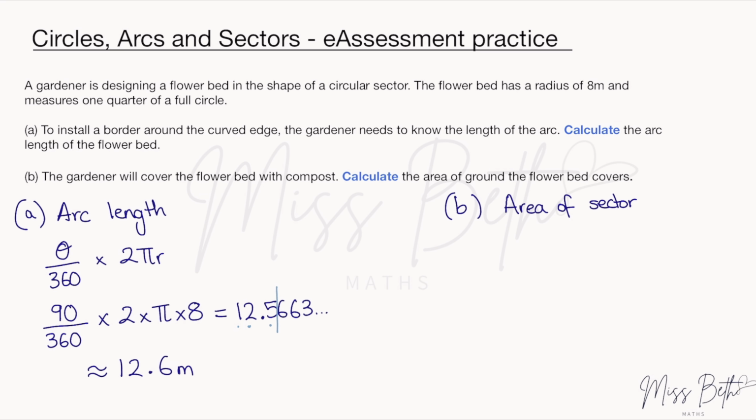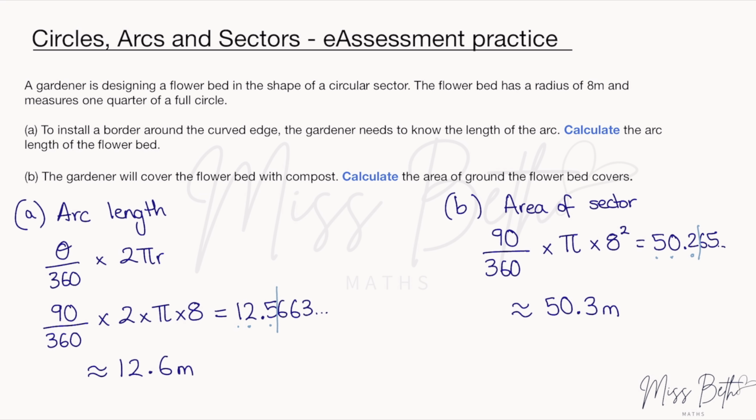Then on to part B, so the area of the sector. So again, we've still got the same angle out of 360, but this time we're multiplying by pi r squared, so pi times the radius squared. Now the radius is 8 meters, so 8 squared, and that's going to be equal to 50.265. It continues. So again, we want to approximate this to 3 significant figures. So 1, 2, 3, draw my line. 6 is next door, so that rounds up to